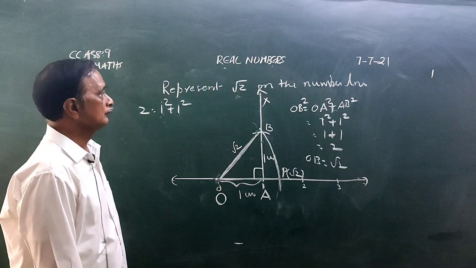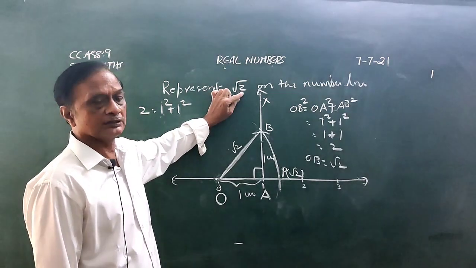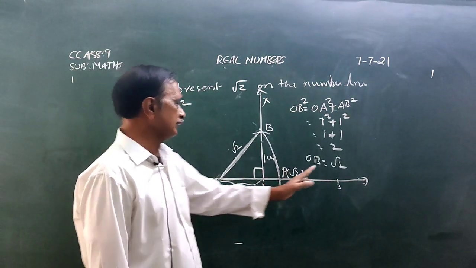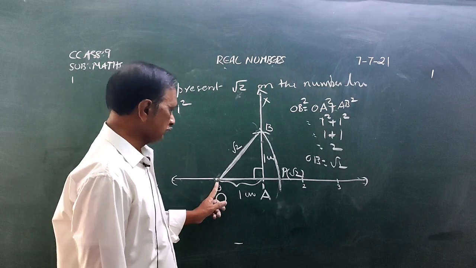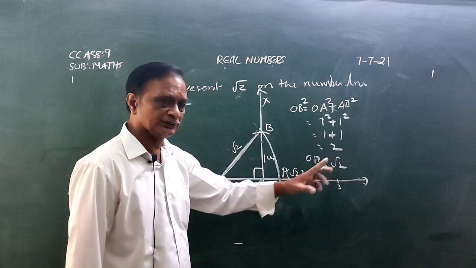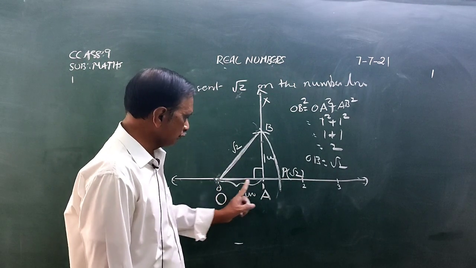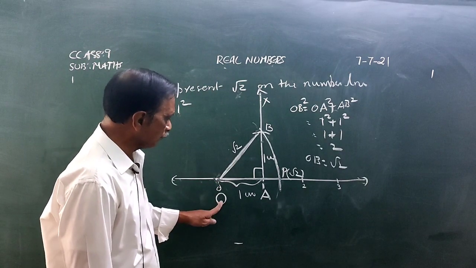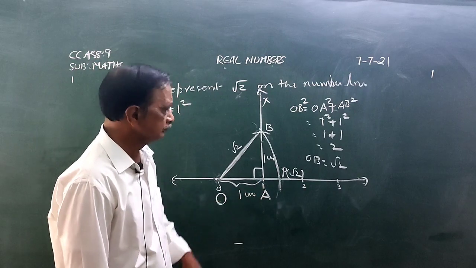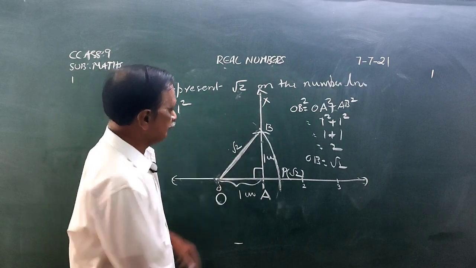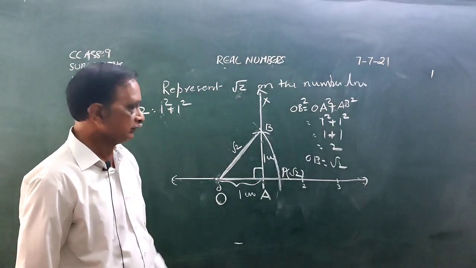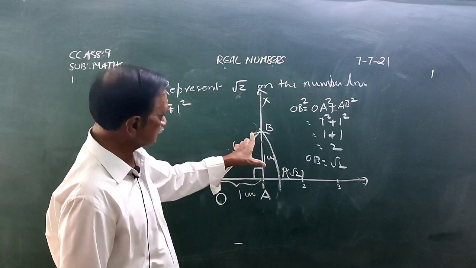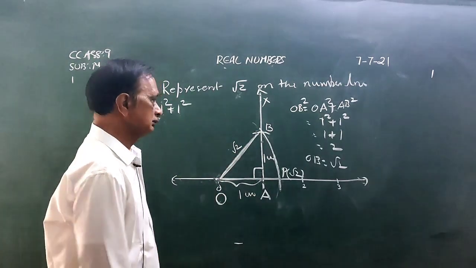Now see, first of all, can we write this 2 as the sum of the squares of two numbers? 1 square plus 1 square. Now draw a number line. Mark the points at equal distances and number them as 0, 1, 2, 3 and so on. Denote this 0 by O, and denote this 1 by A. Drawn AX ray perpendicular to OA, taking A as center and radius OA, drawn an arc to intersect AX ray at B, join OB.